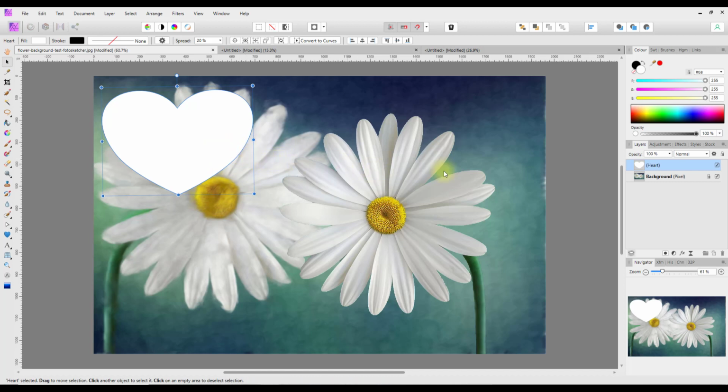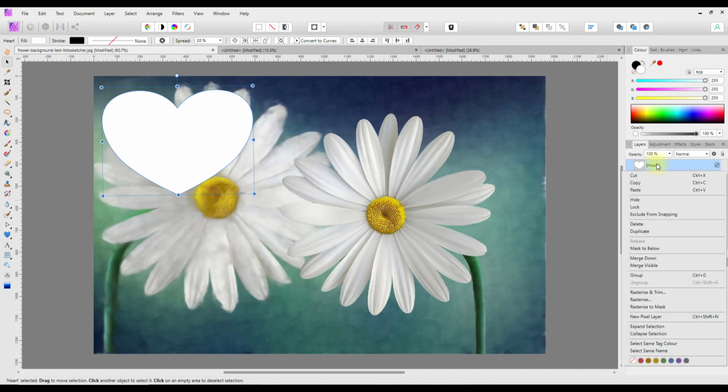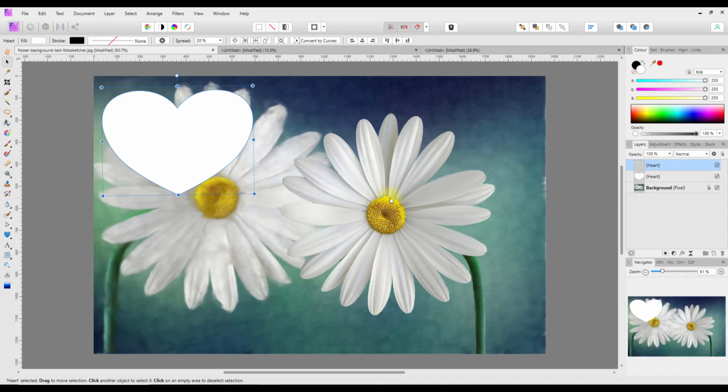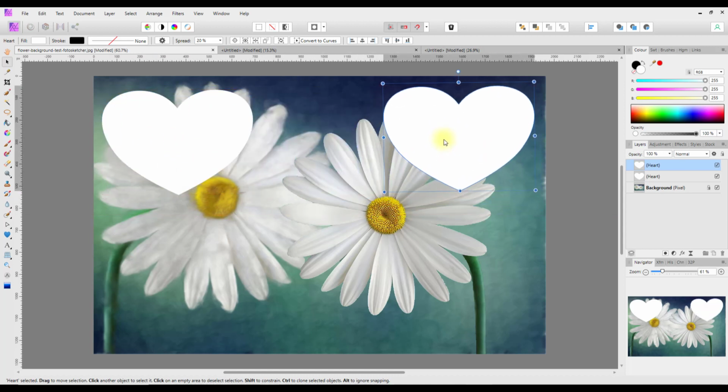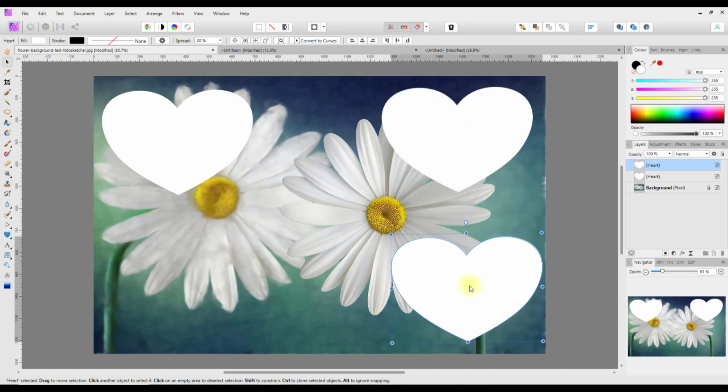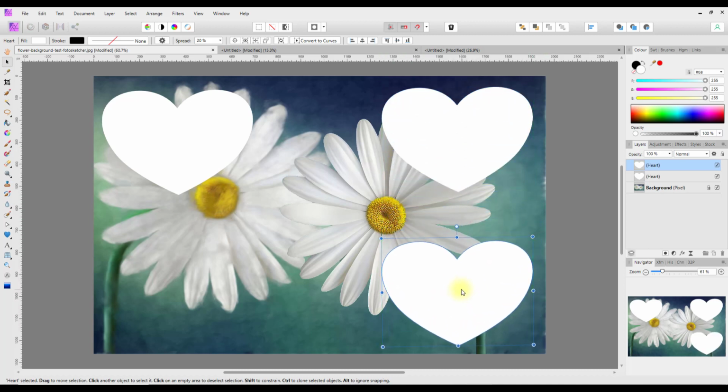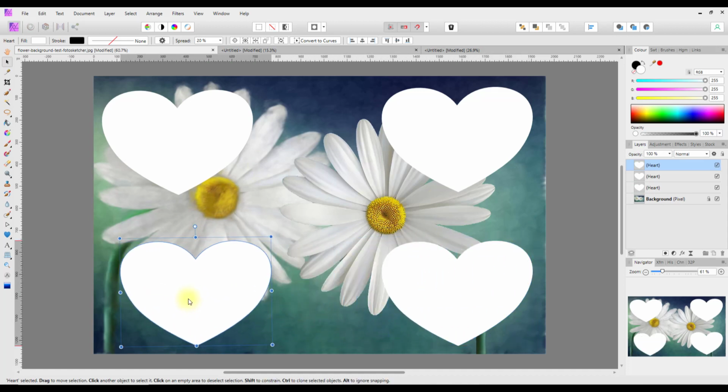You can do this in different ways. You could right click this layer with the heart on and duplicate. That will add it as another layer, and it will be exactly in the same place, so you can just use the move tool and drag out that copy and put it like there, for instance. Or you can hold down the control key, click and drag, and it will make another copy there. So these are different ways that you can do this. So I will put another one